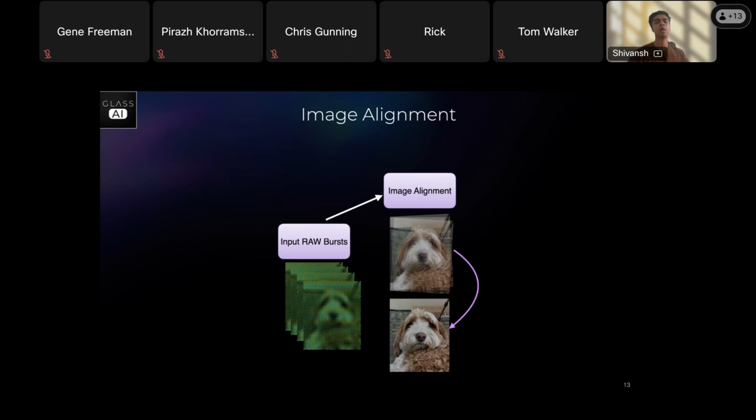And not only that, as we discussed, these are running in real time, so it has to run very fast. Our entire pipeline is segmented in two parts. One is alignment and one is restoration. And a major, bulky part of this pipeline is the restoration part. So we want to reserve most of our compute for restoration. Hence, for registration or image alignment, we don't have a lot of compute and bandwidth. So we still need a very good alignment, but it should also be running very fast and very efficiently.